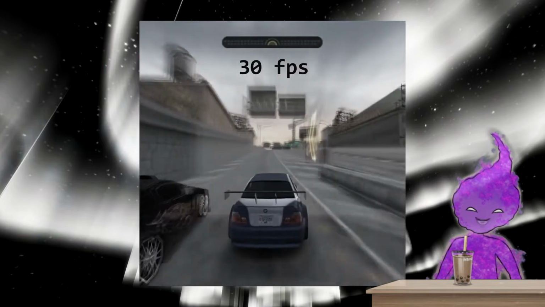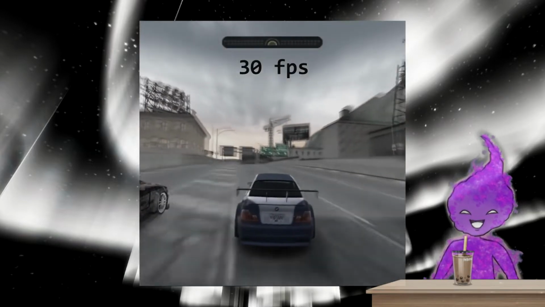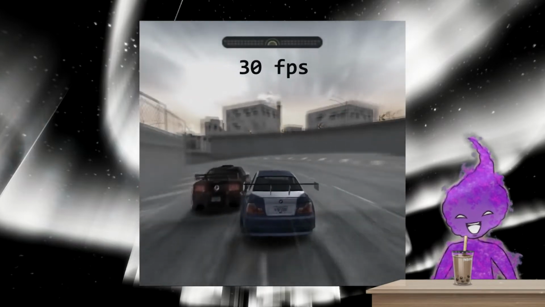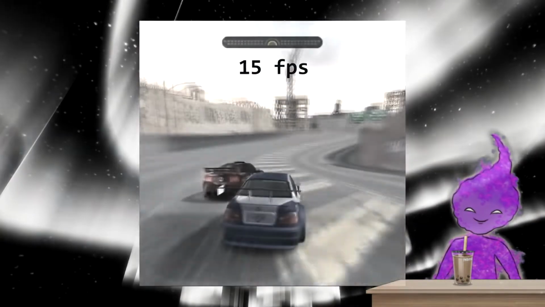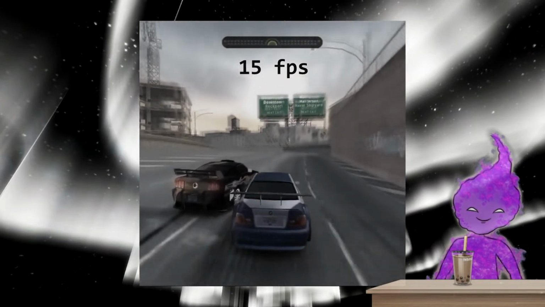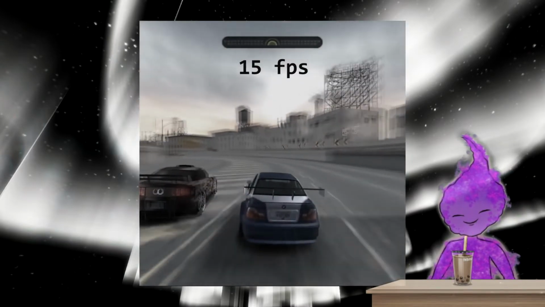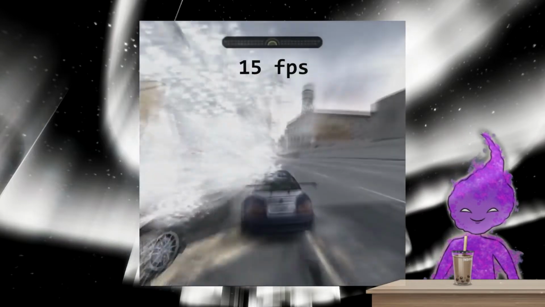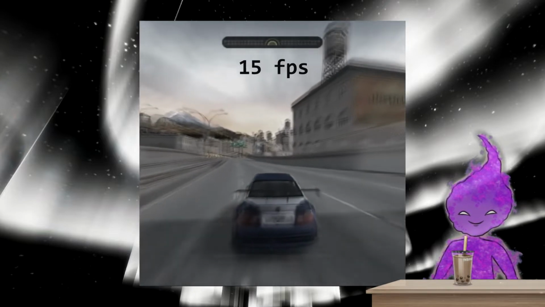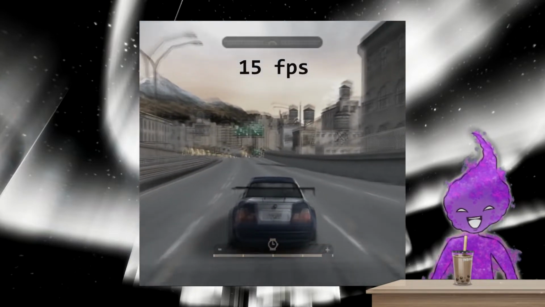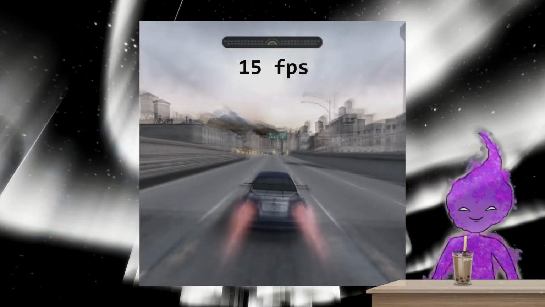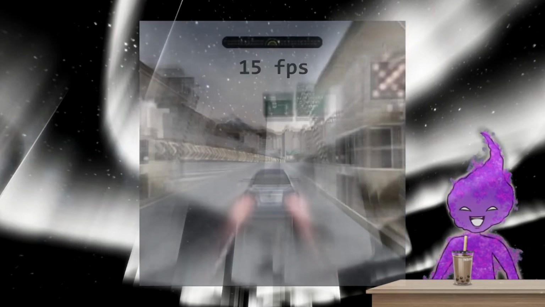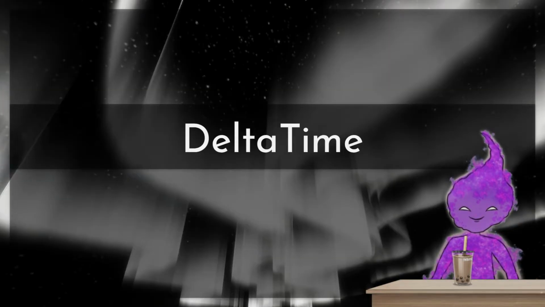We might notice in some older games, the most common target frame rate was locked at 30 frames per second. And when our computer is at a lower frame rate, 15 FPS for example, then the game will run at slower speed. In other words, the game is frame rate dependent. However, there is another option to make the game frame rate independent. This means that no matter how much our frame rate is, the movement will be processed at the same speed, and this can be done by utilizing delta time.